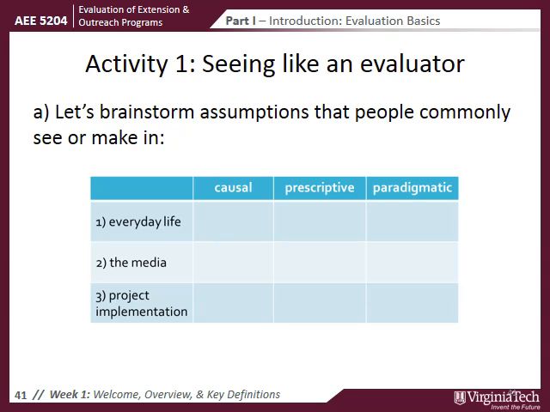So if you could, maybe pull up a website with your favorite news site, or pick up the newspaper or turn on the radio and hear some assumptions that are going on in the media. And then the third one is program or project implementation. For this row, you could think of an actual program that you're involved in, or you have been involved in the past. And again, skipping back if you need to those definitions about what we mean by causal, prescriptive, and paradigmatic assumptions, then I'd like you to try to come up with at least one example in each cell